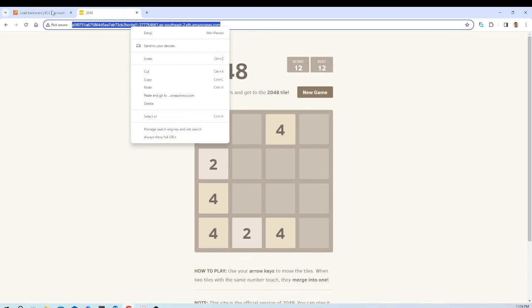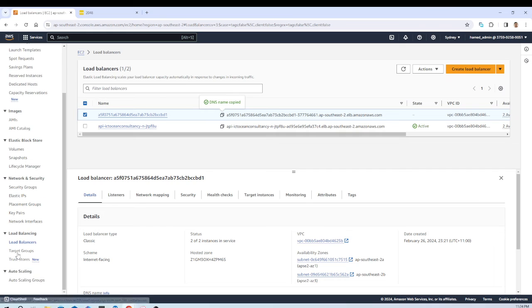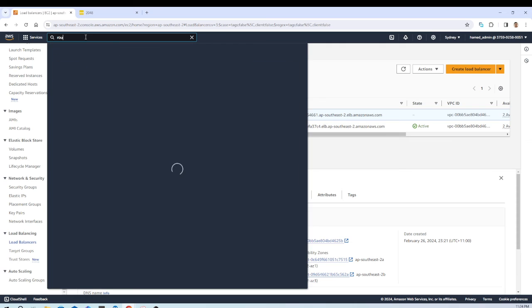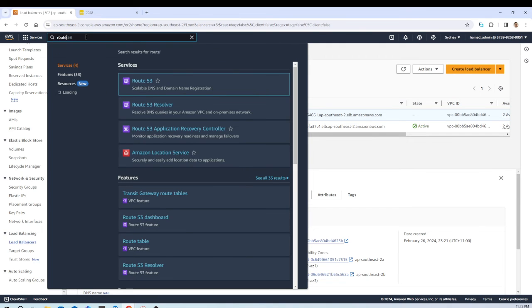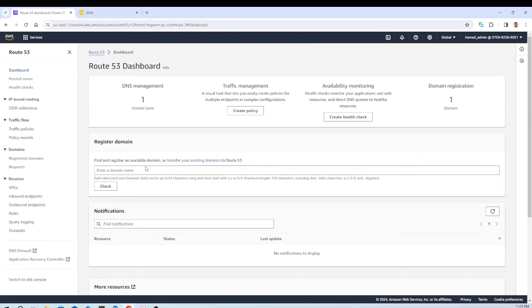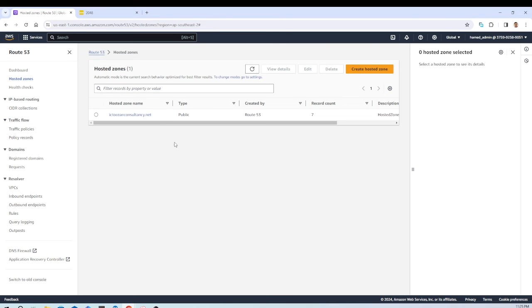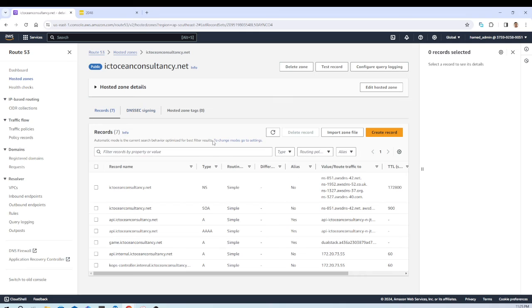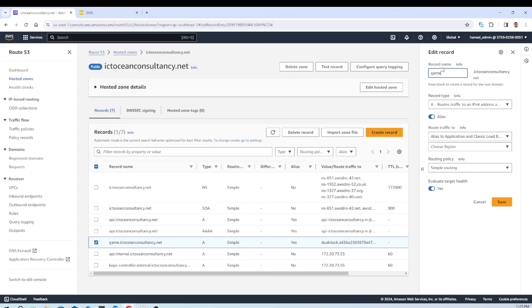So what you should do, you should go to your Route 53 and create an alias for that. So this is my hosted zone. This is my domain name, and here is game. So I already did it before. So I just put game here. You can put whatever you like. Record A,